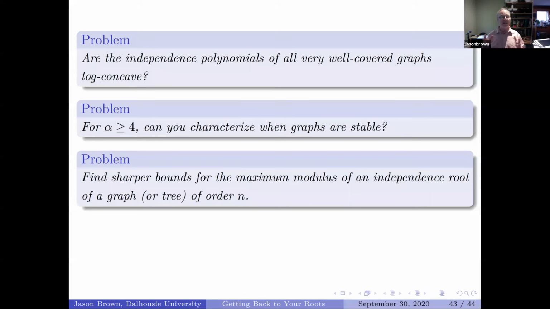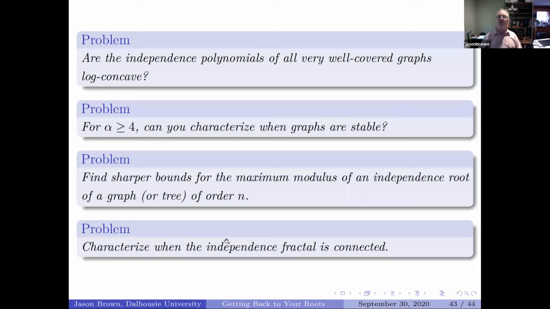We can show that the maximum modulus doesn't grow linearly in n, it doesn't grow quadratically in n. It actually grows exponentially in n. And if you take the log base 3 of the maximum modulus, we can show that it's approximately n. So it's growing like 3 to the n, which is really quite fast, but we don't have sharp bounds. And for trees, it grows like 2 to the n. But again, we don't have sharp bounds. We have some idea, but we haven't proved what has the maximum modulus in either class, all graphs of order n or all trees of order n.